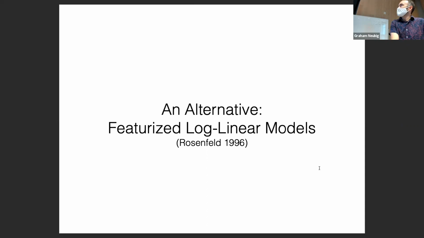but we have an alternative to count-based models. And these are featurized log linear models. If Bob wants to point out that Roni Rosenfeld is a faculty member at CMU NLP, he can. But this is,